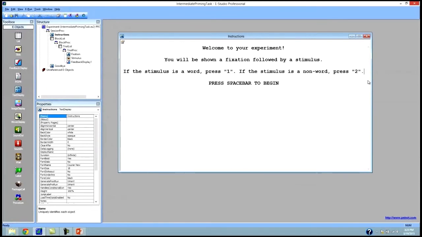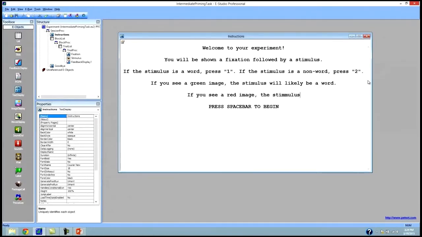Add a row of text just beneath this line to include my prime. So if you see a green image, the stimulus will likely be a word. If you see a red image, the stimulus will likely be a non-word. Press spacebar to begin. Now that sets up the pattern of responses that I expect from participants, and it sets